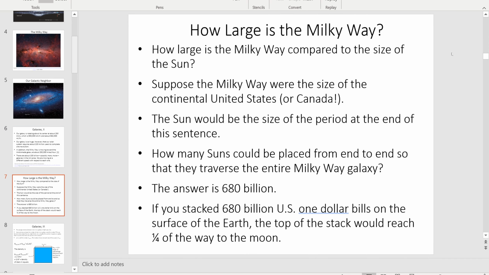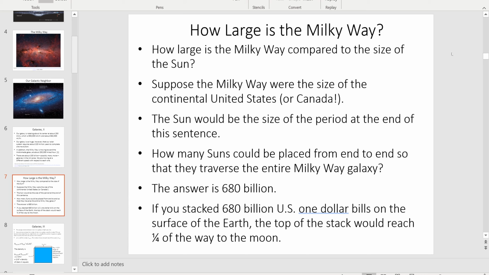I mentioned to you that the Milky Way galaxy is very large. It's 100,000 light years across. This is far larger than the solar system. It's a little bit difficult to visualize what 100,000 light years means, however. In fact, the number itself probably doesn't mean anything to you, so you're probably not visualizing it at all. Let's see if we can come up with some kind of analogy to visualize it.